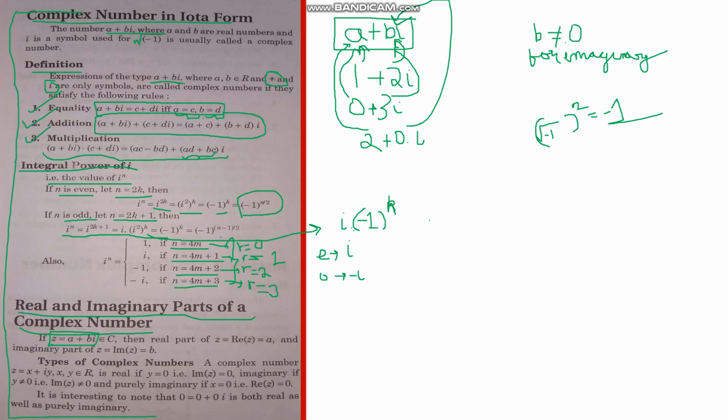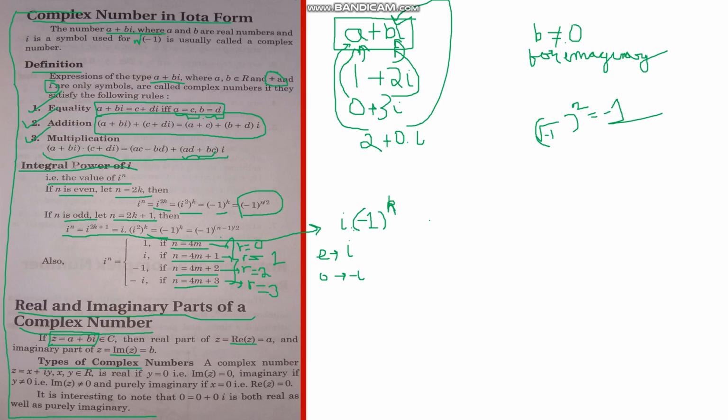Now let's start with our next topic, real and imaginary parts of a complex number. We denote it by Re z and Im z. Re means real, Im means imaginary. In this statement, the real part is a, the imaginary part is b, excluding the iota part. Iota is itself an imaginary number, so we are only thinking about the imaginary part of z, which simply means the real number which is acting as a coefficient of i.